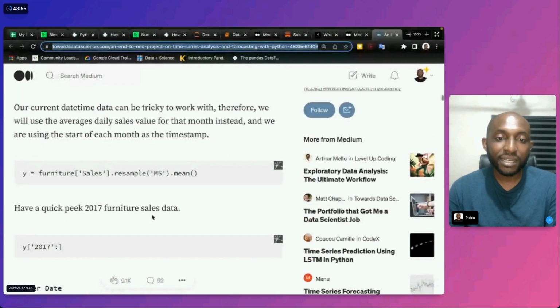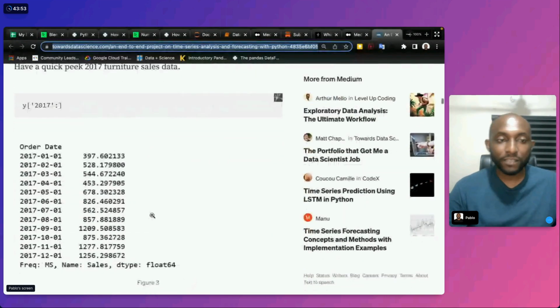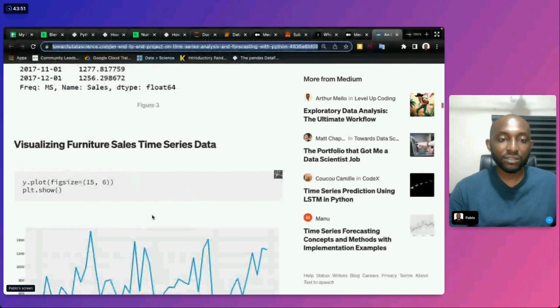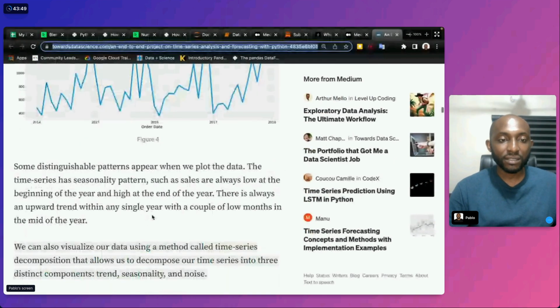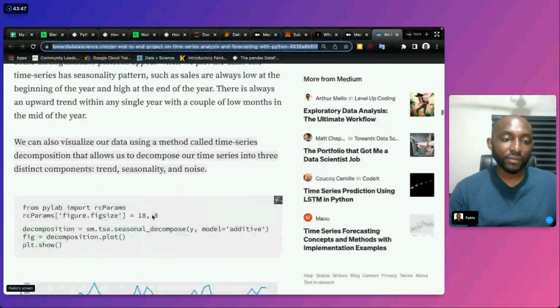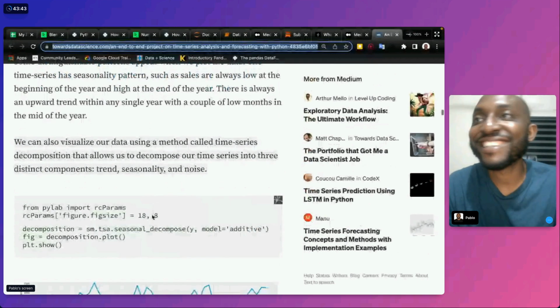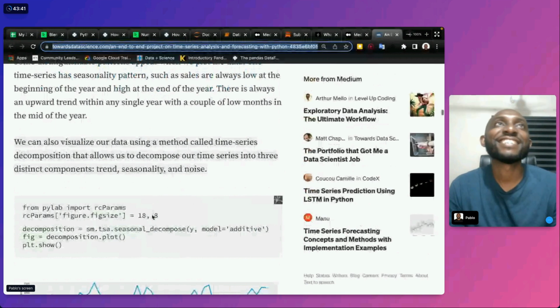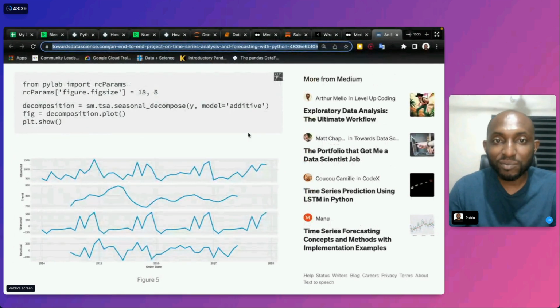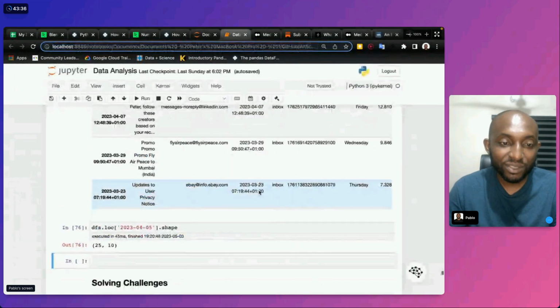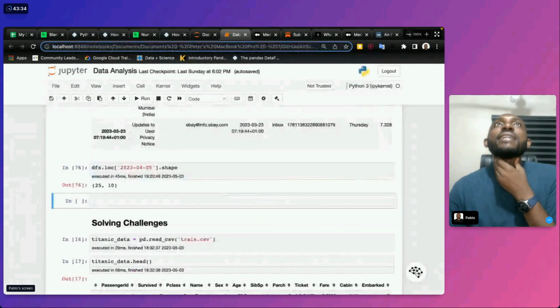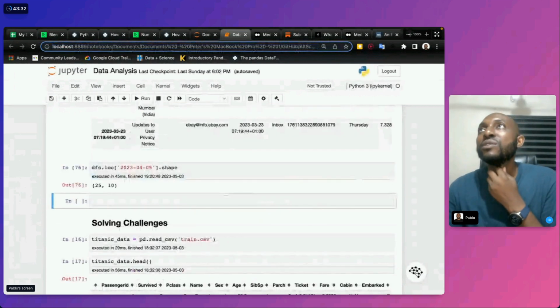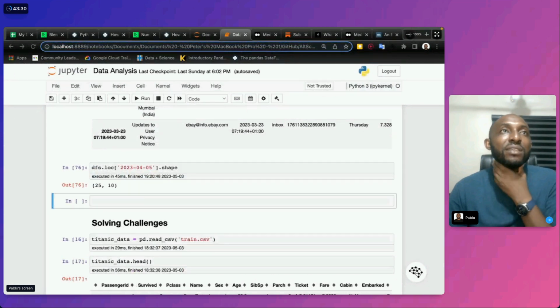You can do a lot of stuff with it. You can visualize stuff using time series and draw line charts and all that. Really cool stuff. So that's that for today. So let me basically